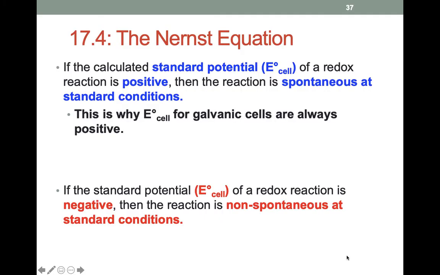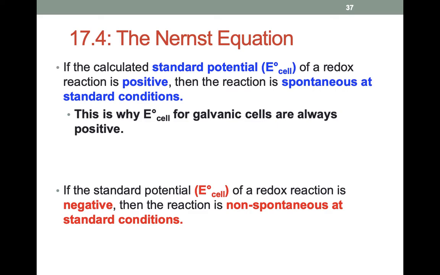Okay, so we left off here, 17.4, talking about the Nernst equation. It's named after an actual man. That's why it's kind of a weird spelling. So if we calculate the standard potential E naught for a cell, and that value is positive, what does it